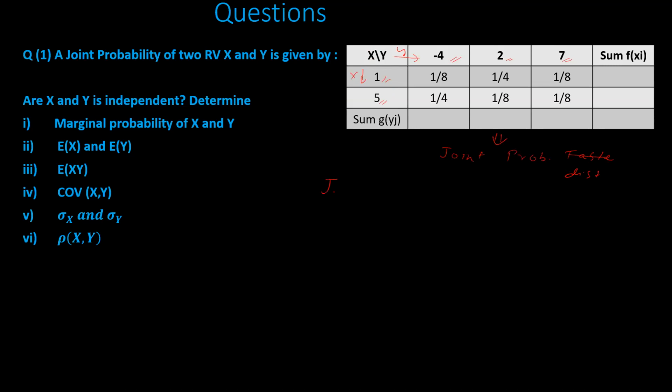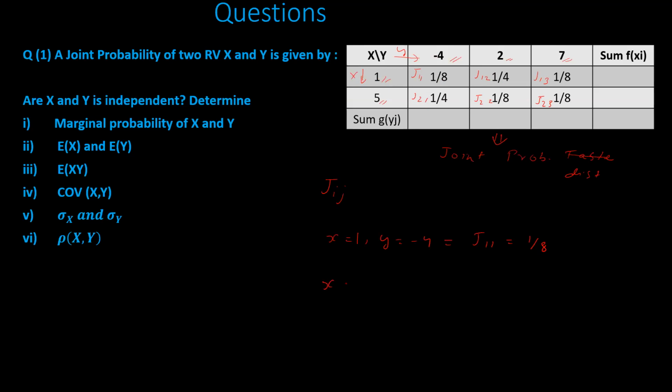Earlier I told you about one term called Jij. Now what is Jij? If you go to this column, the first value, which is 1/8, is nothing but J11. This is called J12. This is called J13. Next, this will be J21. We call this J22, and we call this J23. So now you understand what Jij means. Jij means, for example, the value of x equal to 1 and y equal to -4. If I want to find x equal to 1 and y equal to -4, the value is J11, which is 1/8 in this case.